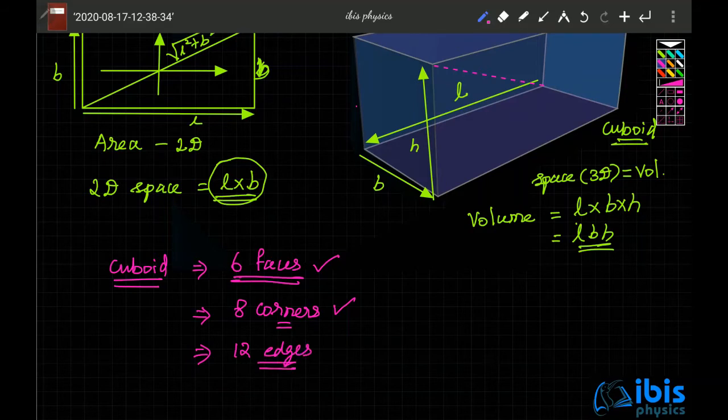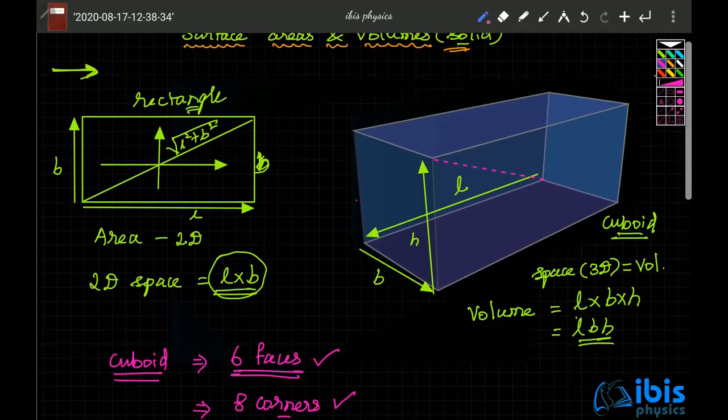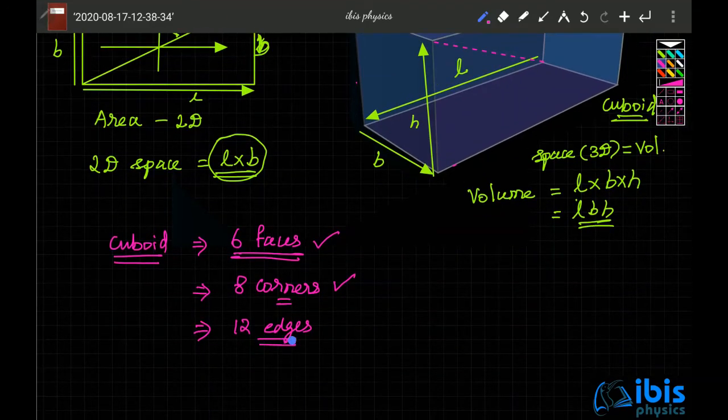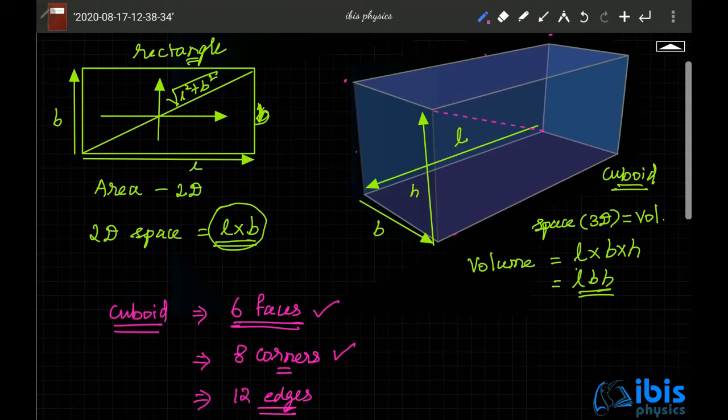Edges are nothing but the lines running from one corner to the other corner. There is this corner here, there is the other corner here. This line running is called an edge. Like that, there are 4 corners above, there are 4 lines running, 4 edges, 4 edges. From the corners above and below, there are 2 lines running from above to below, and here also behind there are 2 lines running from above to below. So you get 6 faces, 8 corners, and 12 edges. A cuboid occupies a space L B H, and it has 6 faces, 8 corners, and 12 edges.